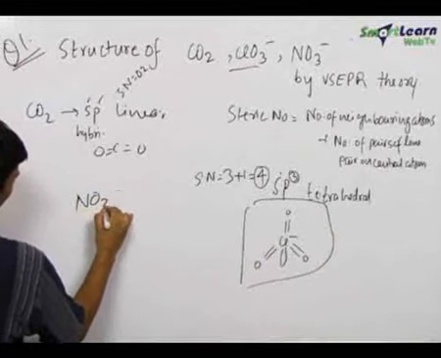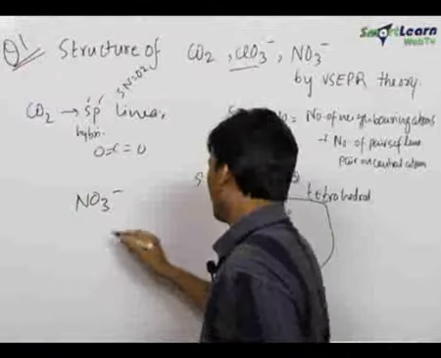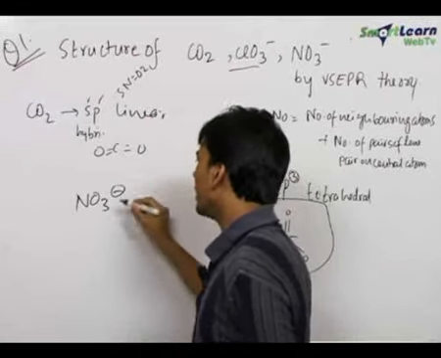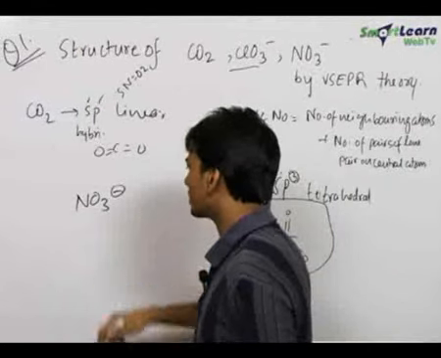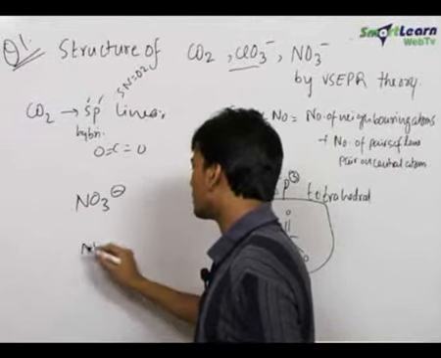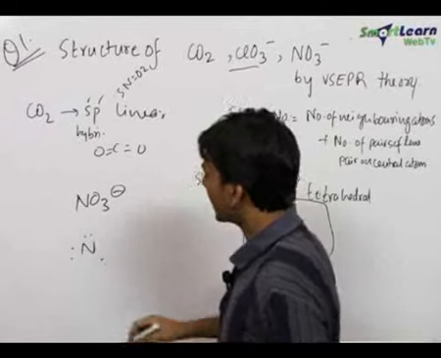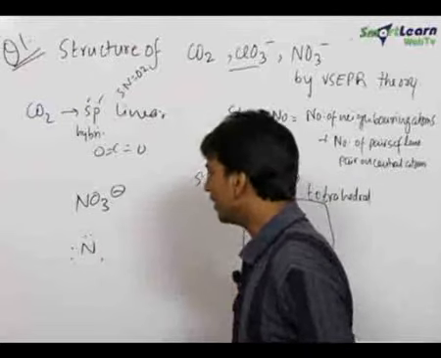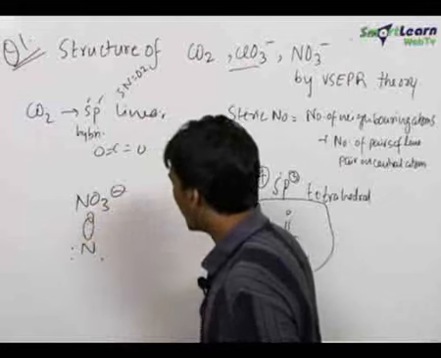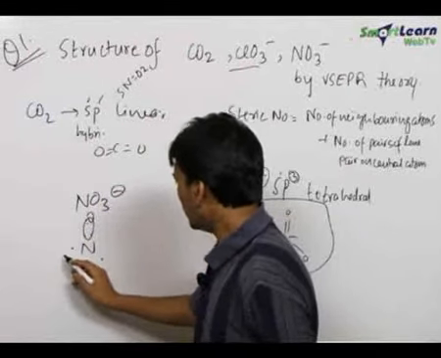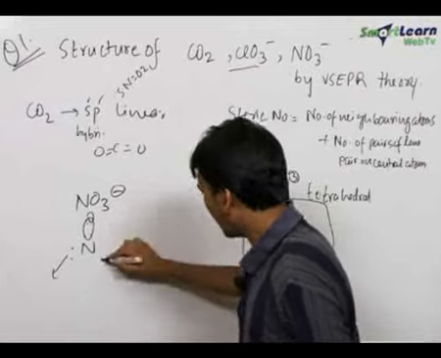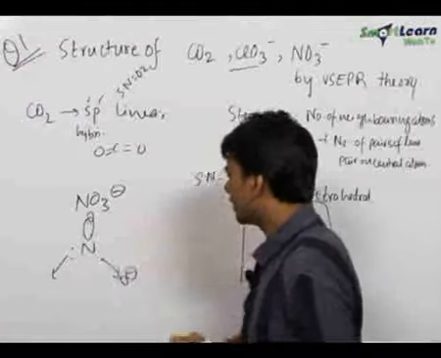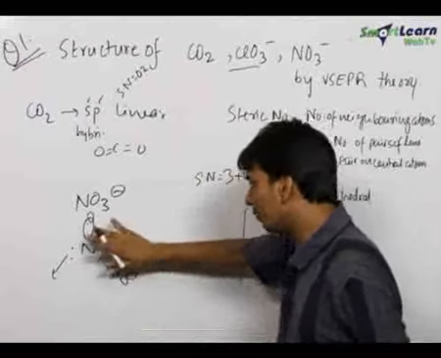Now let us take the case of nitrate ion. Now this negative charge is not on the central atom in this case, because this has been formed from HNO3. Therefore the negative charge is on one of the oxygen atoms. The number of electrons in the outermost shell of nitrogen is 5. To get a tentative idea, we see that this requires 8 electrons in its outermost shell to complete its octet. Now it will take 2 electrons from one of the oxygen atoms and form a double bond over here. Now it may donate this one pair and it will form a bond with another oxygen to take 1 electron from here. Therefore the tentative bonding will be like this.